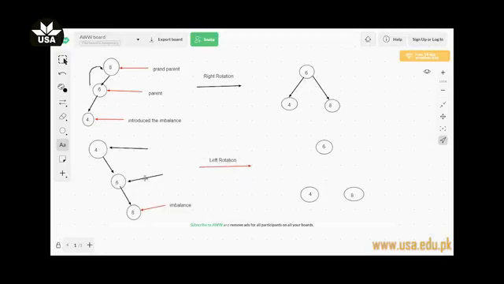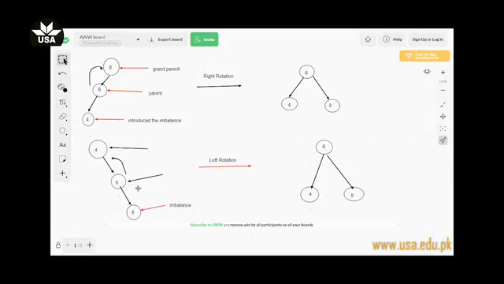This is the left rotation, which helps to attain balance in a tree. Again, this was the node which introduced the imbalance, so the grandparent has to pay the cost, and the cost was the rotation: the grandparent is rotated around the parent on the left side, in this direction.